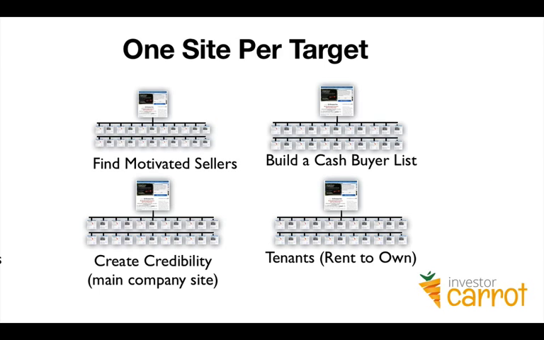So jumping into how does that relate to a website? Well, it's really about making one site per target audience. You can have as many pages as you want, folks, on the InvestorCarrot system. So you can have a dozen different lead pages, sometimes known as squeeze pages, that capture information that might trade, let's say, a report to an investor might be traded for an email address. And that's all built into the system.